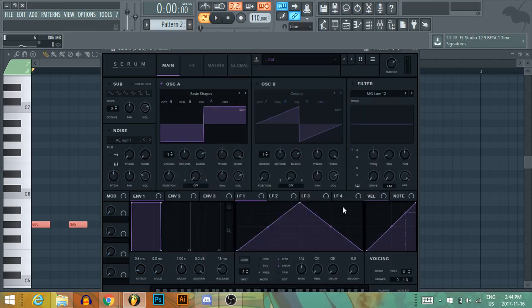There we go. So quickly we're going to do our envelope because as you can hear in the original, it's very plucky, whereas we have this. So that's not what you want. So what we're going to do is keep decay at around 300-ish milliseconds and sustain all the way down. But as you can hear from the original,